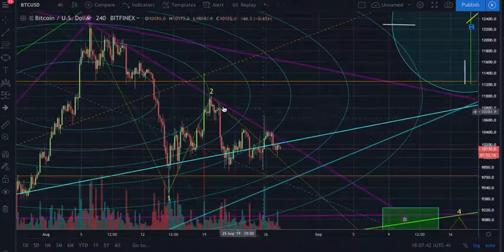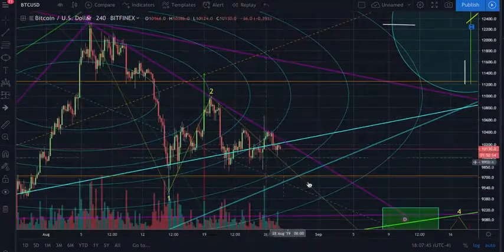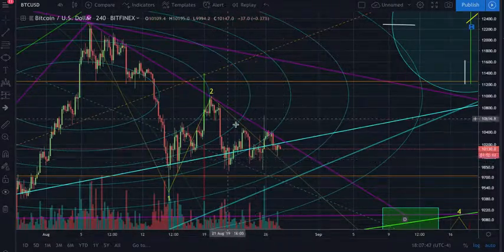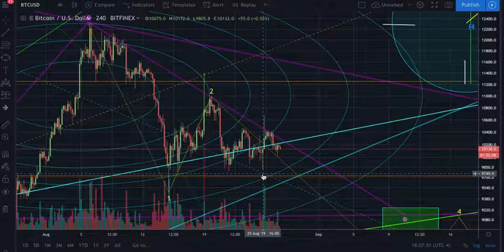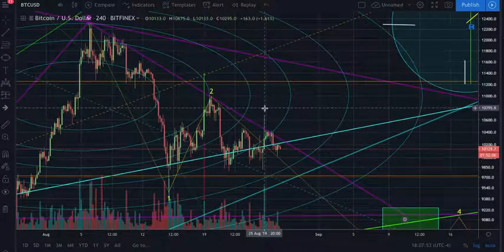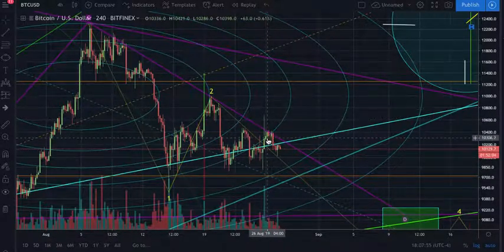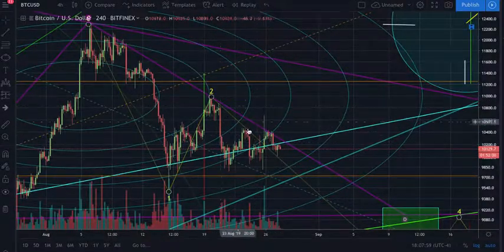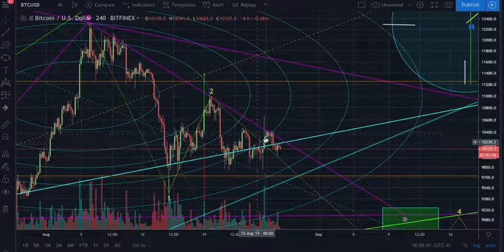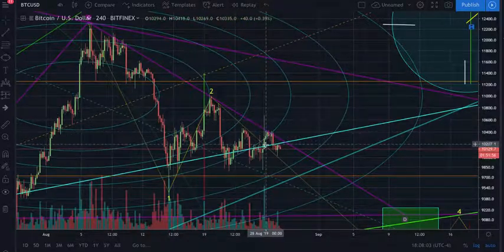I basically drew a line coming down here, and that was representing a smaller triangle that we were filling out. And then when we left that triangle, we had that spring dump down here, and then we had a massive pump. And that's when I was saying we need to look for a confirmed candle close above this point. And that triangle we had drawn is also exactly in line with this fib circle. So when we didn't get a close over that point, we knew that this rally was going to fail.